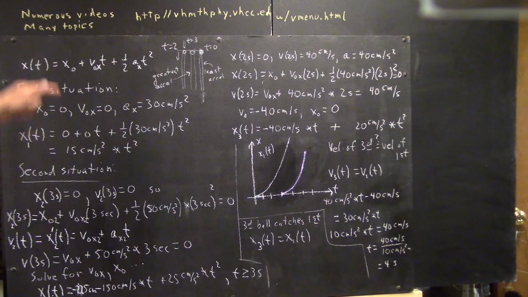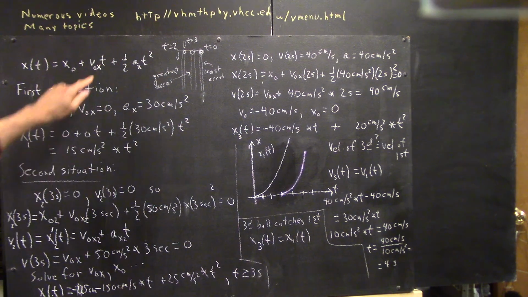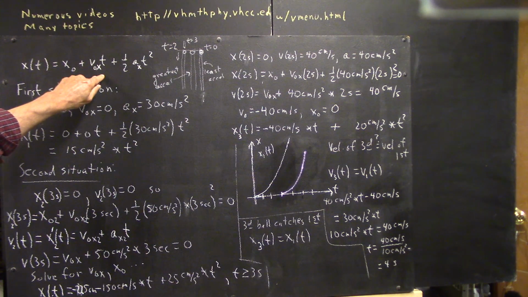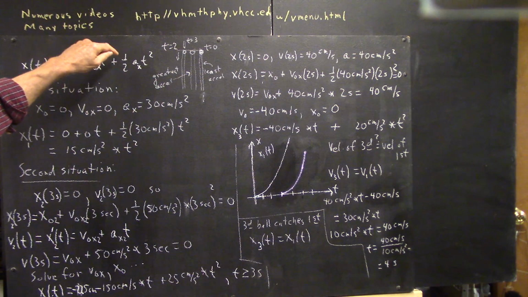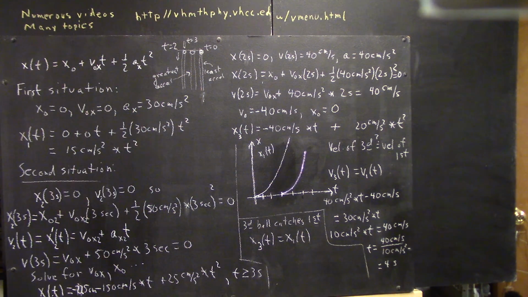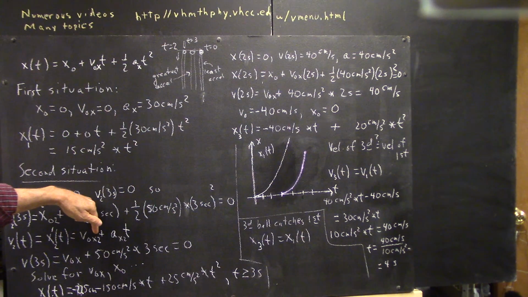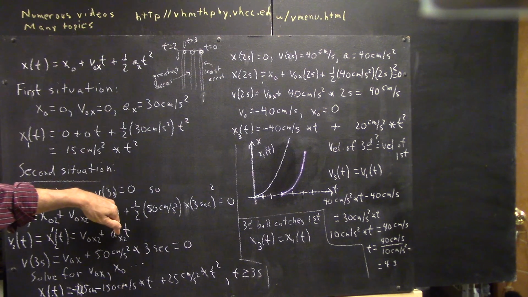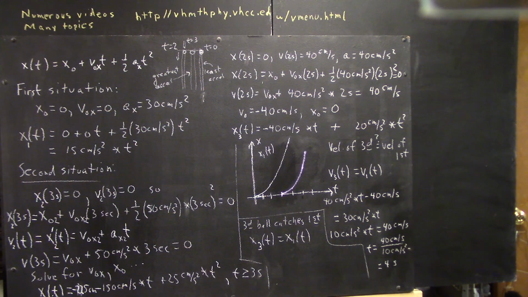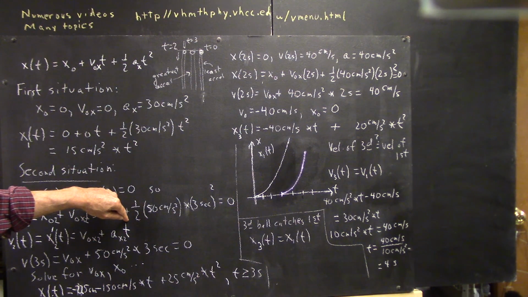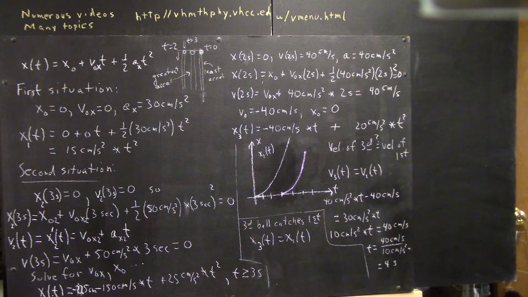And the derivative of this function is very clearly, the derivative of this is just v0x, derivative of this is just at, and of course we use v0x2 for the initial velocity of the second ball, ax2 for the acceleration of the second ball. We get this function. And we know then that since the velocity at 3 seconds has to be 0, if we put 3 seconds in for t, we're going to have an equation with only